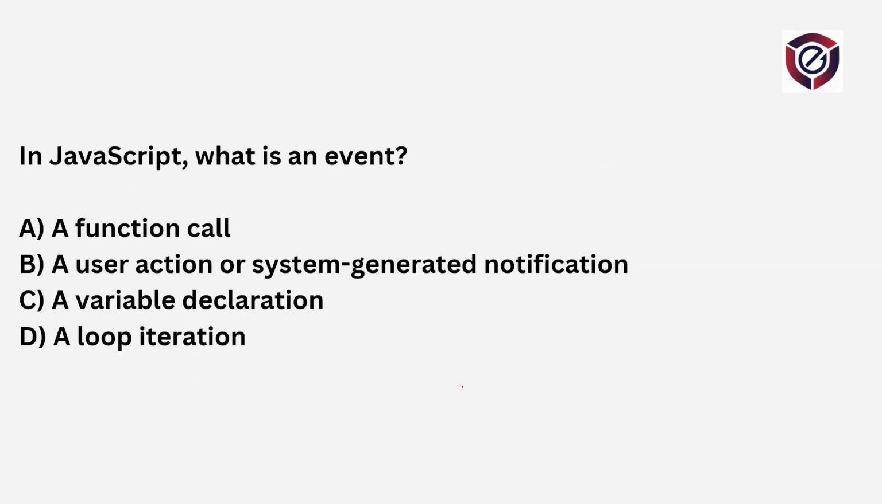In JavaScript, what is an event? Basically, an event is whenever we click on a button, one event is generated. Whenever I type any text into a search bar, again one event happens. Whenever I scroll over the web page, again one event happens. Whatever user actions are there, those are called events, or any system generated notification, such as the system